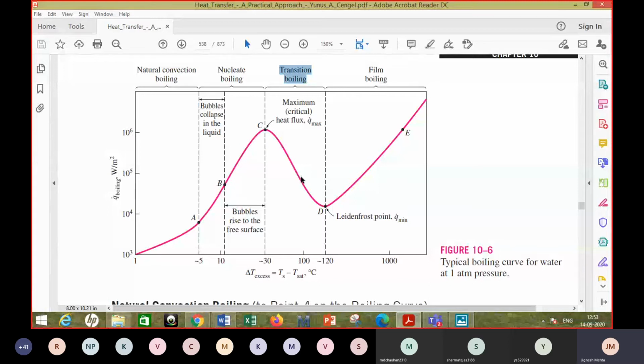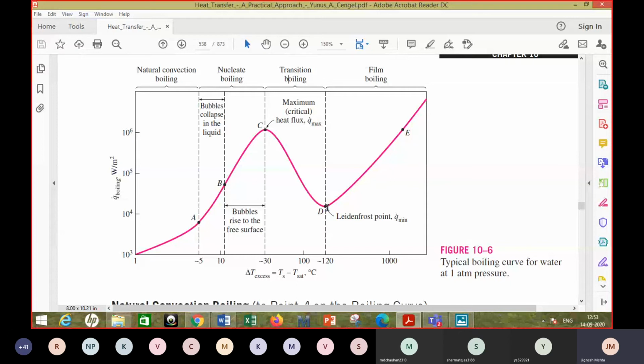So because of that, at higher excess temperatures, you rather get lower heat fluxes, because the boiling regime that you are in is transition boiling, and the higher the excess temperature, actually the lower the heat fluxes that you